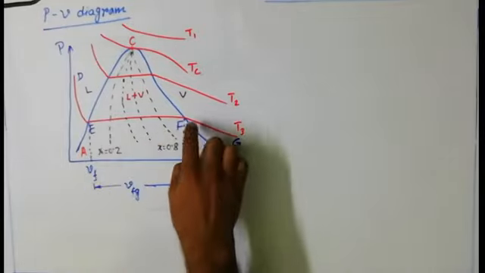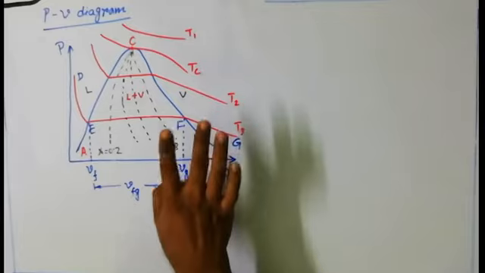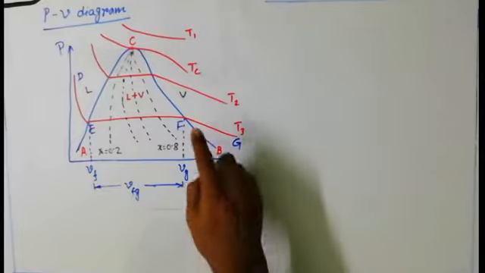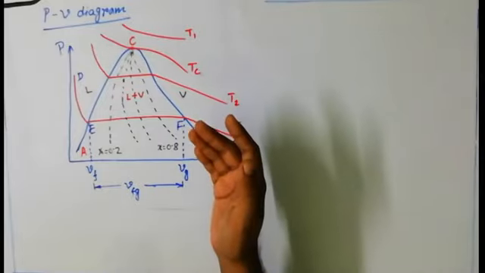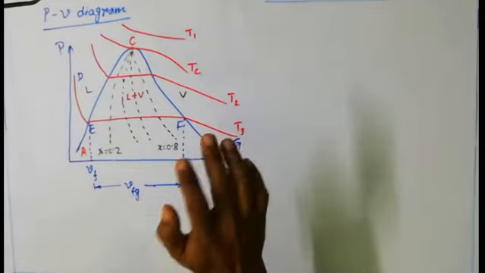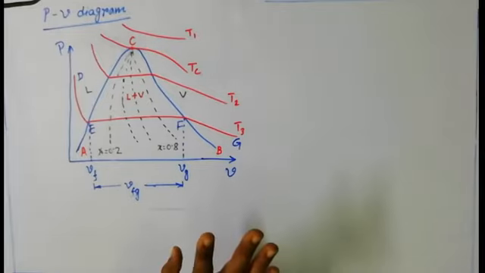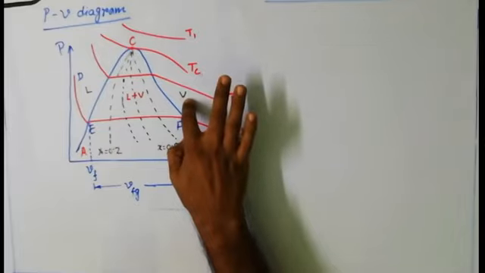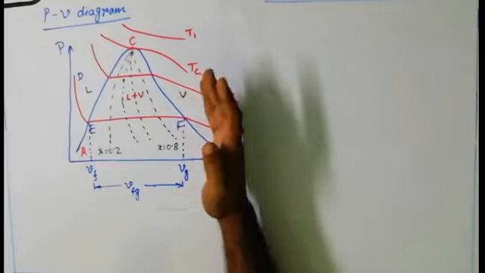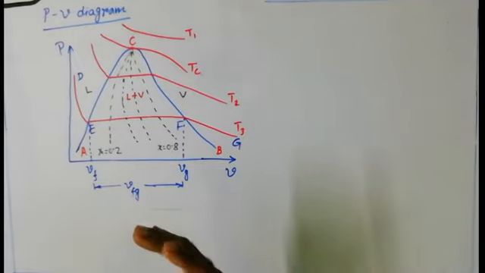Now after reaching a particular state point, suppose F, that is the complete vapor saturation point, the whole amount of liquid is converted into vapor. From there, if you continuously raise the temperature or continuously supply heat, then what will happen? That region is known as the superheated region, which is complete vapor, with no existence of moisture at all. That's why I have written V there. The whole region to the right side of the BC curve is completely vapor region, known as the superheated region, and the vapor is known as superheated vapor.